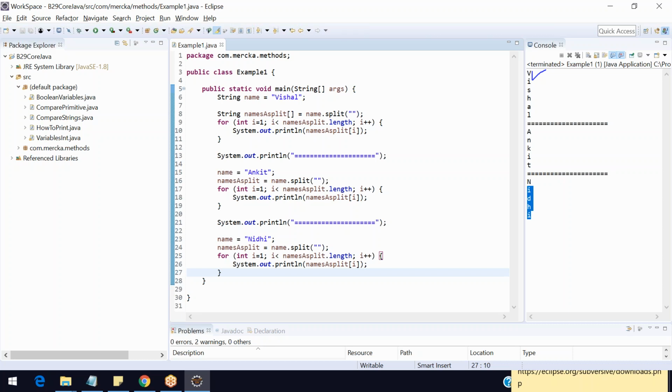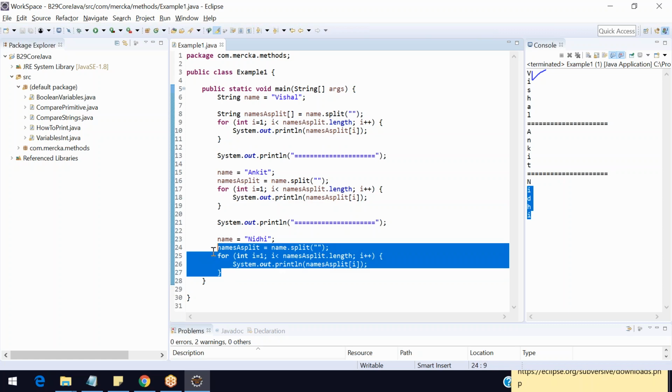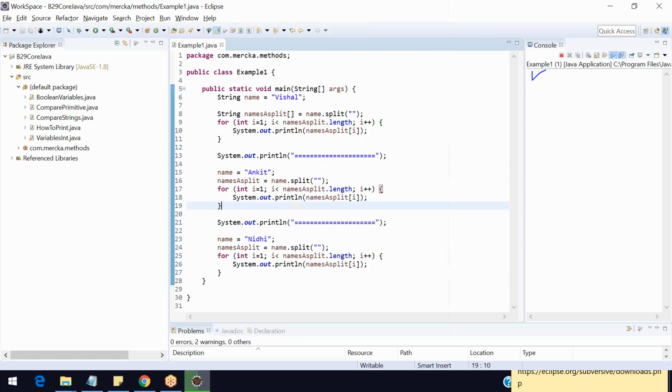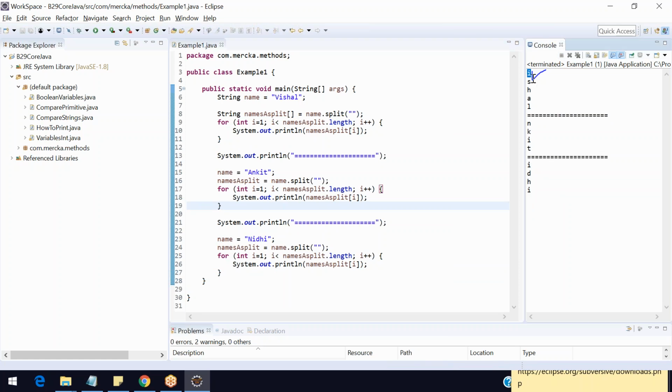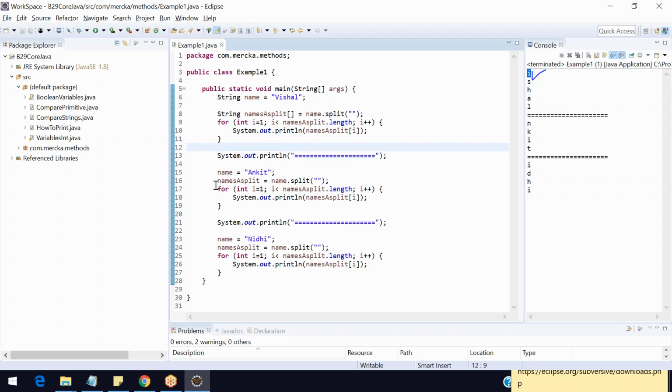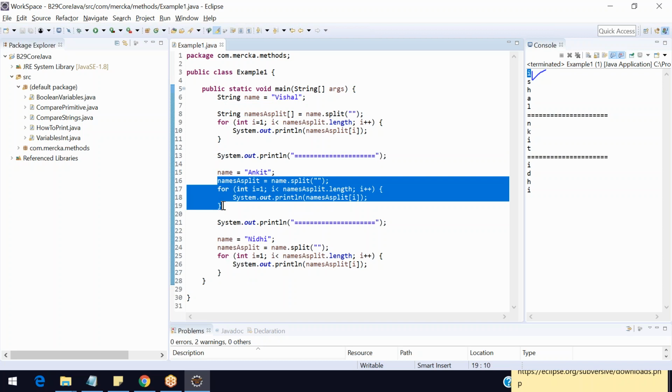But the problem is now your efforts are a lot. Okay, you have to change it here, you have to change it here, you have to change it here. And now it will work, still it will work, but your efforts are more. Say I have removed the first letter, this is my requirement, efforts are more. So in these kinds of scenarios, when we go for methods is, if any operation, see this is an operation,